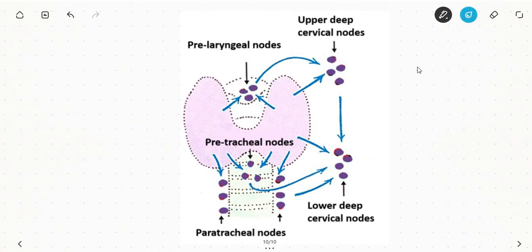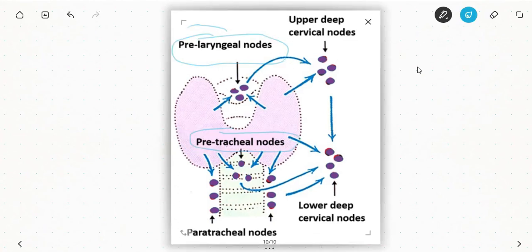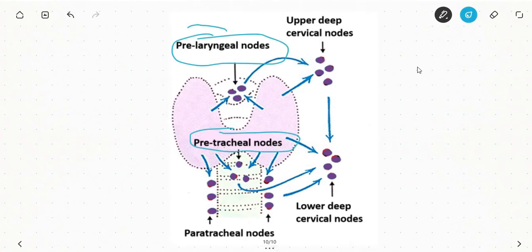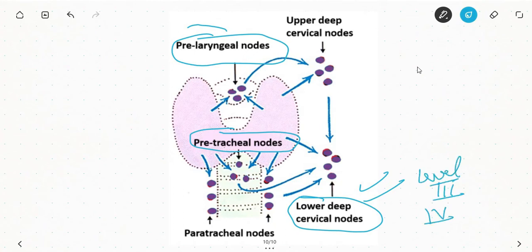Coming to the lymphatic drainage, the subcapsular lymphatic plexus drains into prelaryngeal, pretracheal nodes and prelaryngeal nodes. The chief lymph nodes are the middle and lower deep cervical lymph nodes,